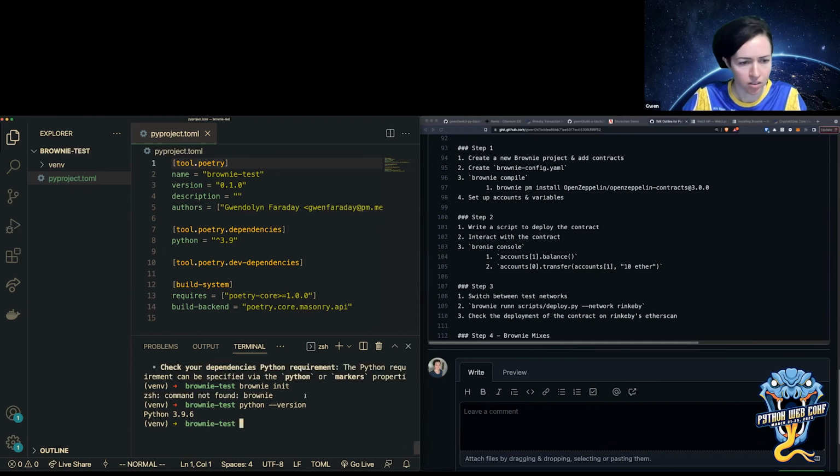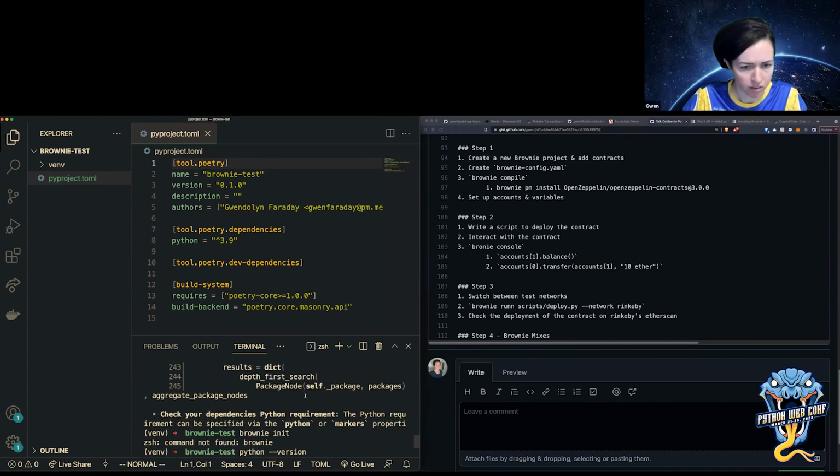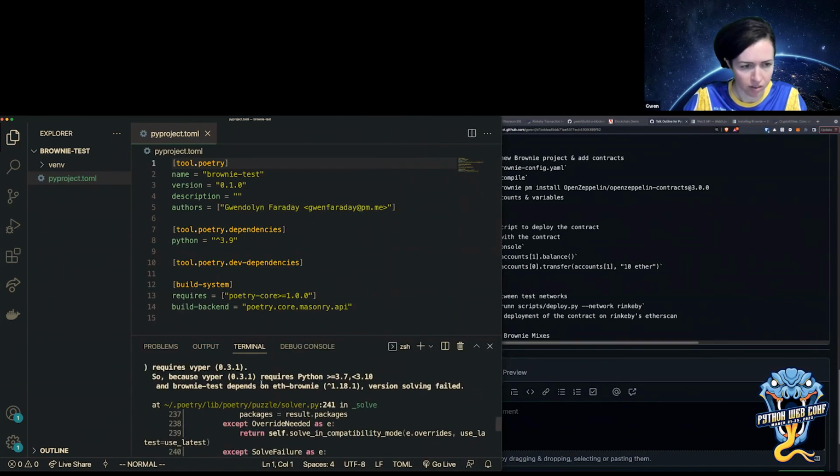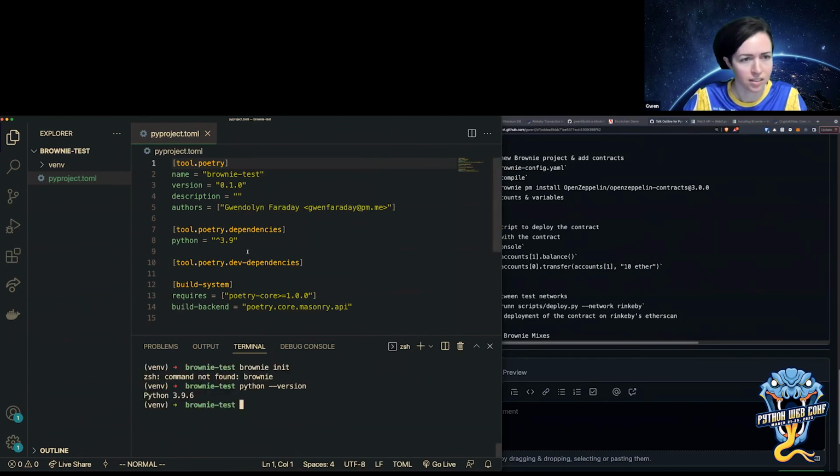So I think actually it'll give me the solution maybe. No. Oh yeah, because it requires Python. So I think I can just copy this into my Python version.